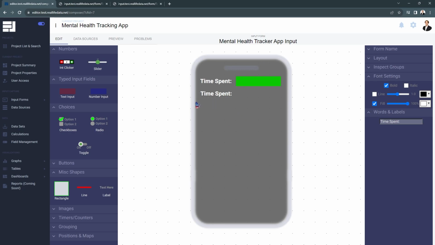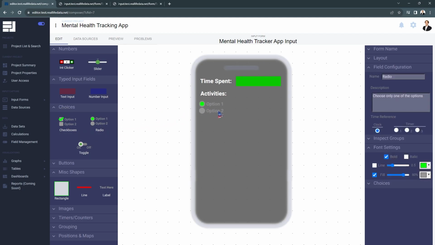So after duplicating this, I'm going to go ahead and change the text on it by going to Words and Labels and change it to Activities. And what we're going to do is we want people to be able to select only one activity at a time from a list of activities. So I'm going to grab a radio. A radio allows you to present a list to your user, and they're only allowed to select one option from